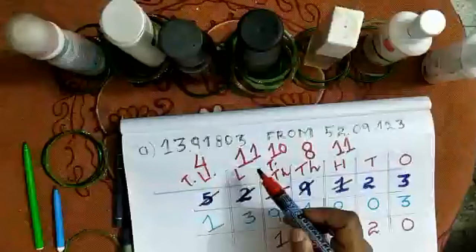Now come to the 10 lakh. 4 10 lakh is there. I have to subtract 1 10 lakh. So I am taking away 1 10 lakh from it. So how many 10 lakhs are left? Let's see. 1 10 lakh, 2 10 lakh, 3 10 lakh. So these 3 10 lakhs are left.